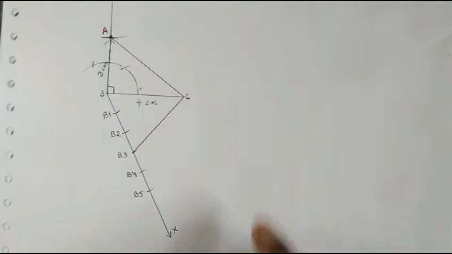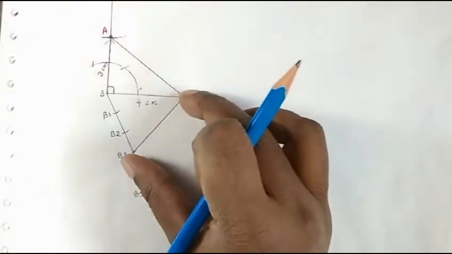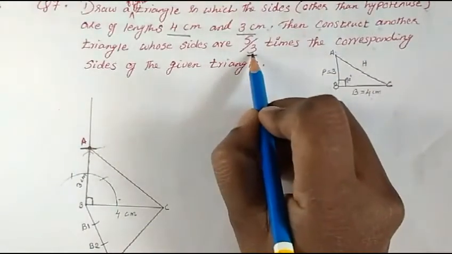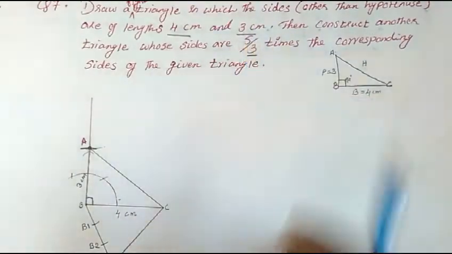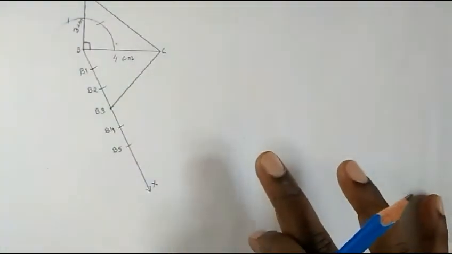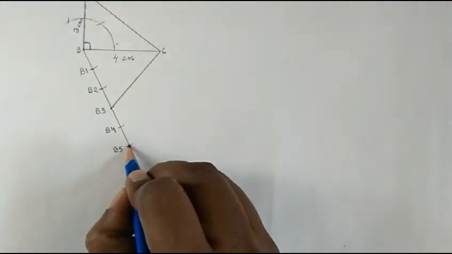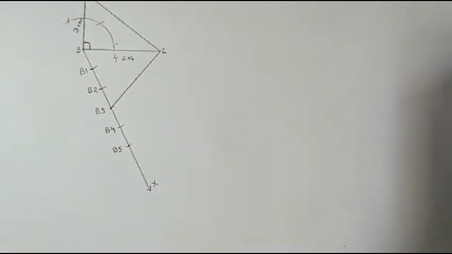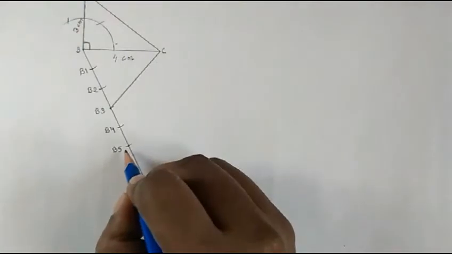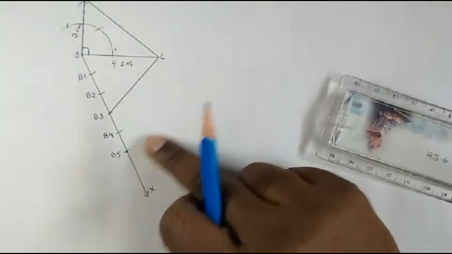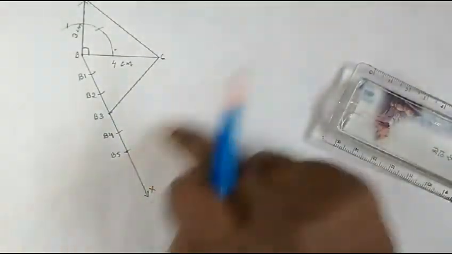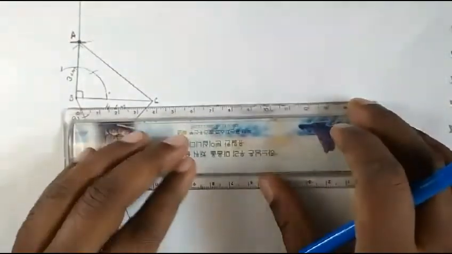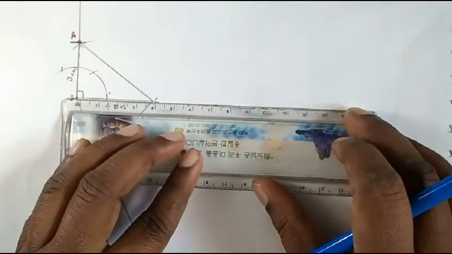Okay, so now we have to draw a parallel to this. We have to draw another line. So 3 we have already joined. So for the fifth part we have to draw another parallel line. The fifth part is here. This will go out. So therefore you see, if you have to draw a parallel line, it will come like this. So it will go out. So let us extend this line now.